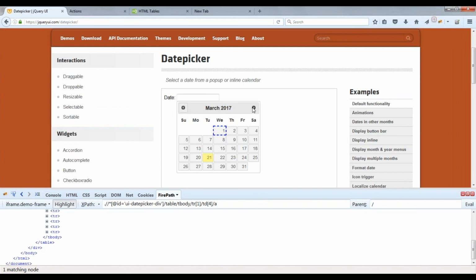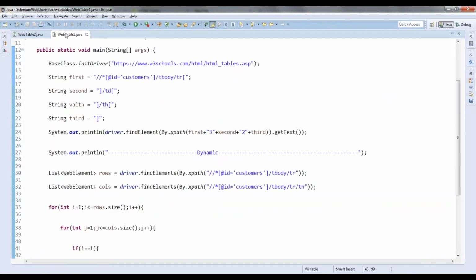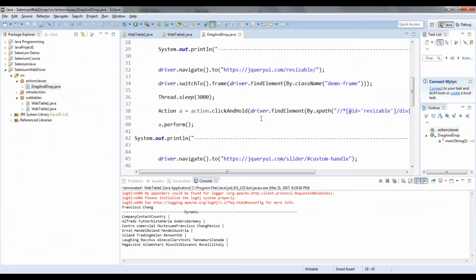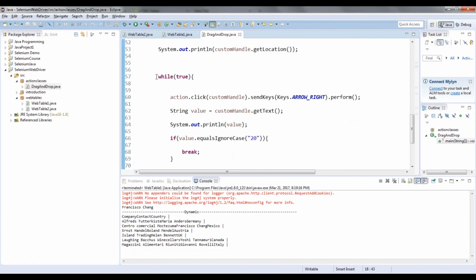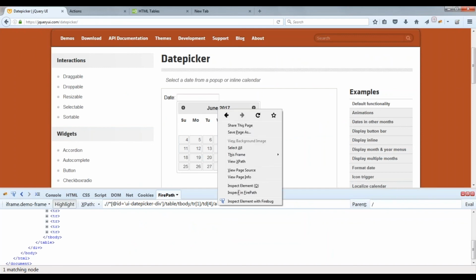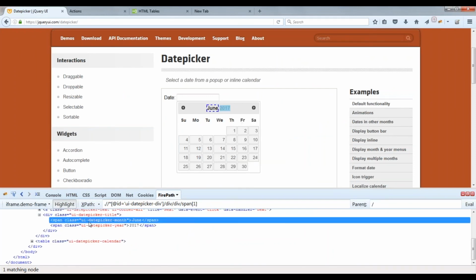You try to click on it, and you use the while loop as I have shown you in the Actions class example. While true, just click on this until you go to this particular month. Always you should get the text for the month. That's the logic here.